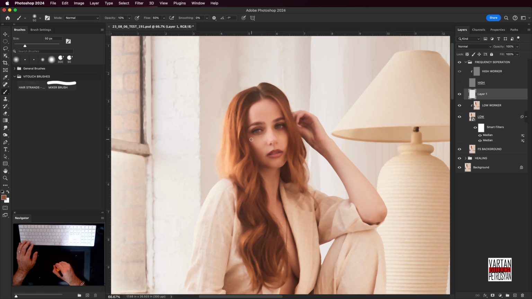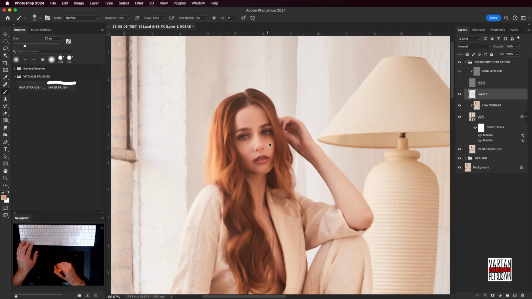I'm gonna bring it down to 50 flow because I feel like 10 was a little too much. And we're just gonna do light painting with colors around the area and basically blending them in. Now, a lot of people use the mixer brush, and I used to use the mixer brush, but I do not like the result that the mixer brush does. So for example,